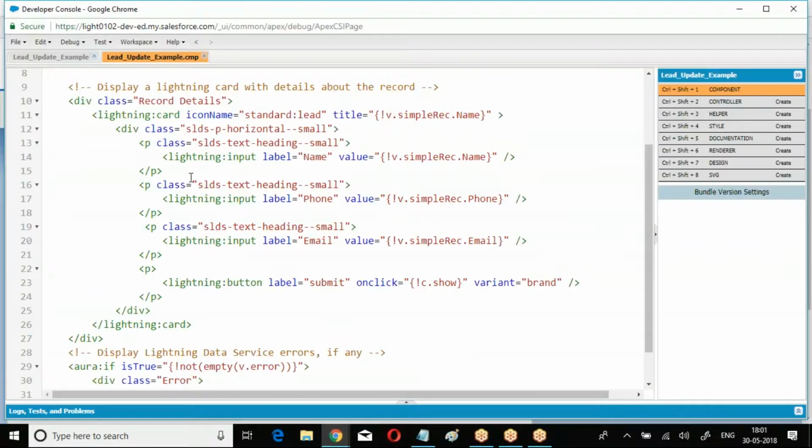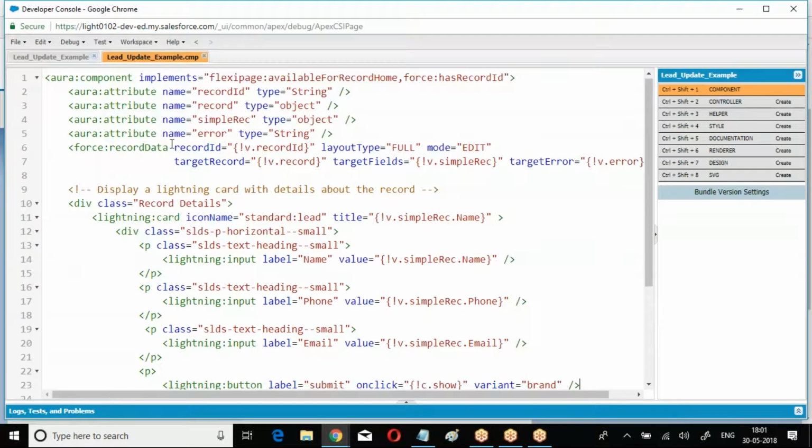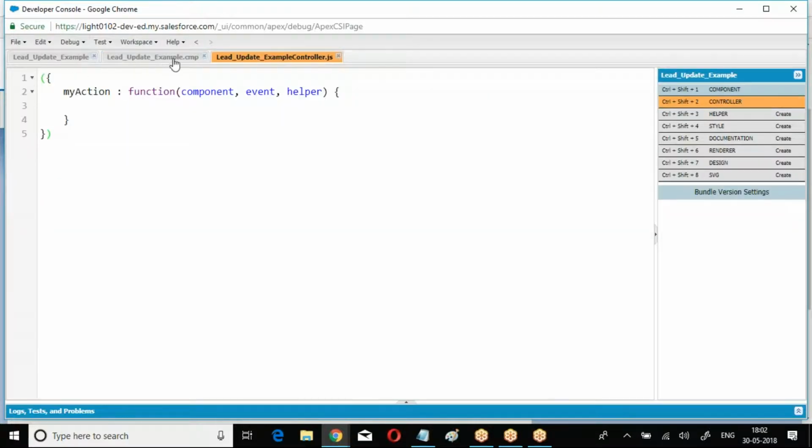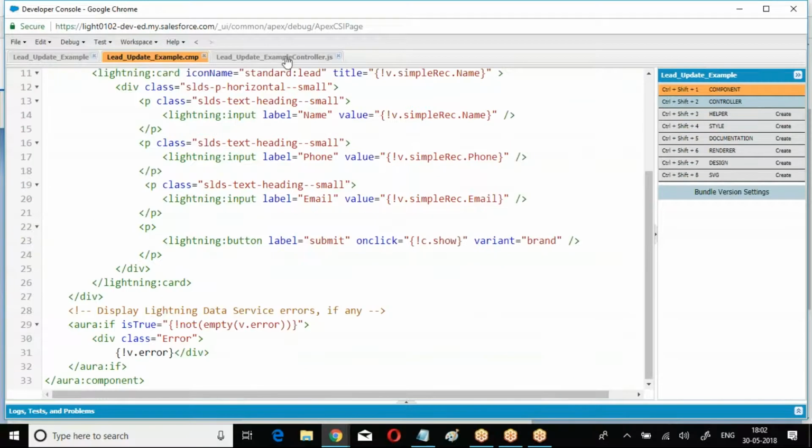Now in the Lightning, elements are recognized based on ID. So what I'm doing? Record data, Jira ID. What is the ID I have given? The ID of the element is my record. So using that ID, I want to fetch it. So first what you are supposed to do? Go to the controller. What is the action we have given? So give this component as